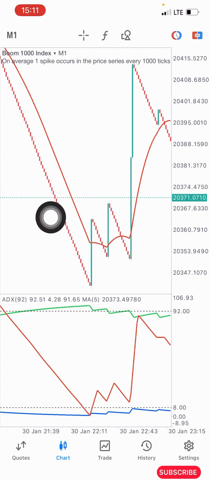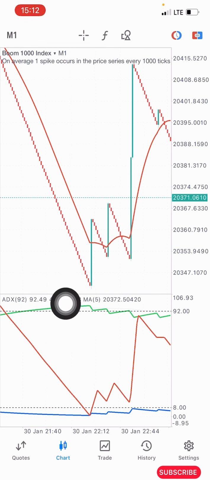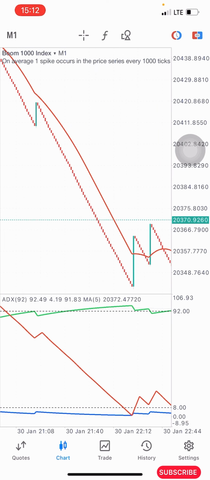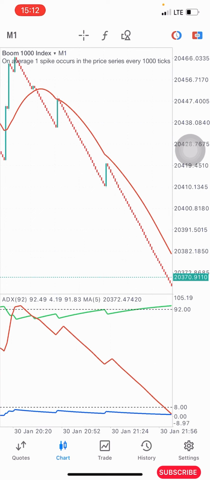Now back to this particular strategy. How do we use this strategy to catch spike? I'm going to be explaining to you as simple as I can. Now let's say you came into the market with your strategy being set up like this. Now you can see this is